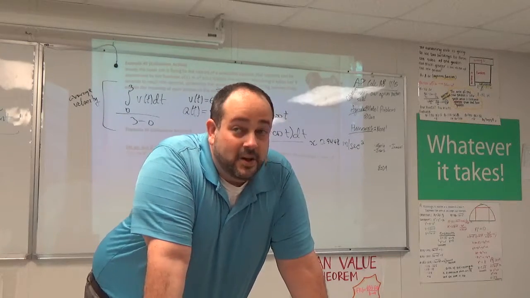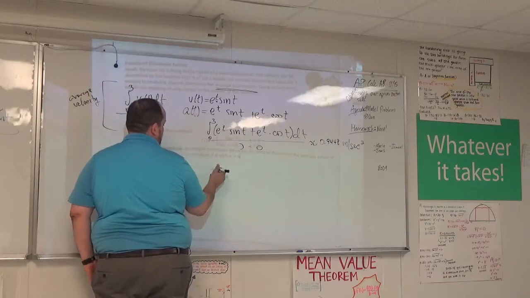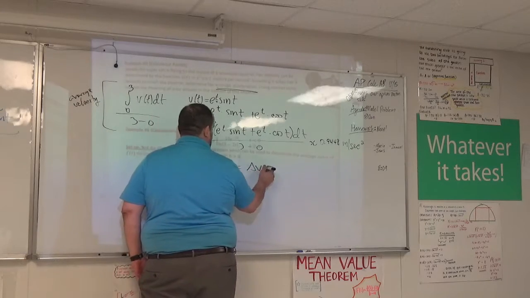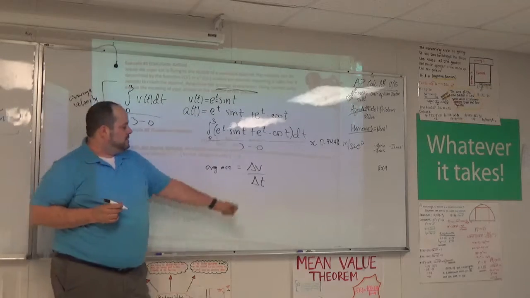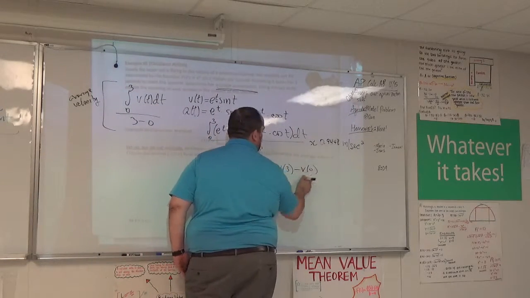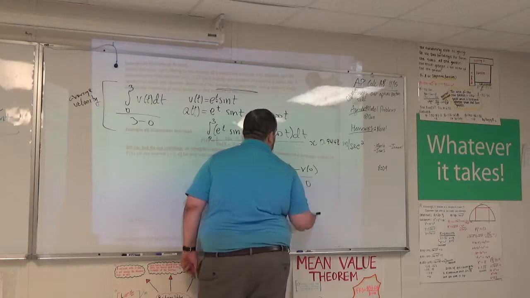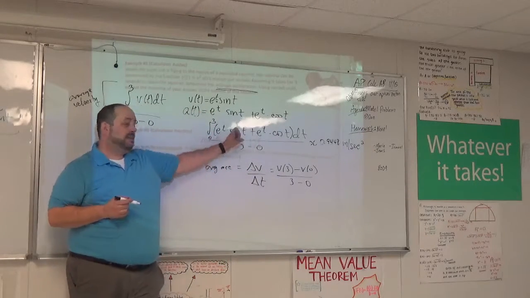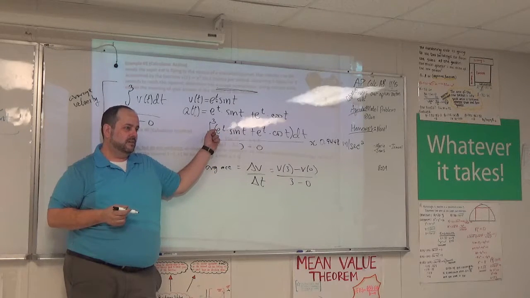The other way is, for average acceleration, you look at change in velocity over change in time. Your change in velocity is the velocity at time 3 minus the velocity at time 0, divided by 3 minus 0. For my Googling friends, if this is acceleration, and you take the antiderivative,